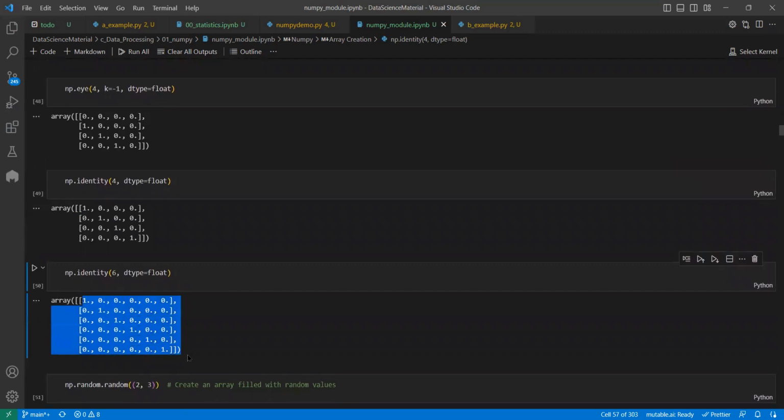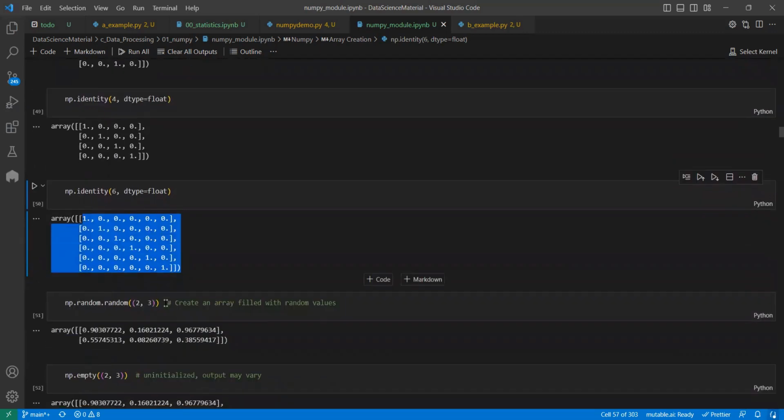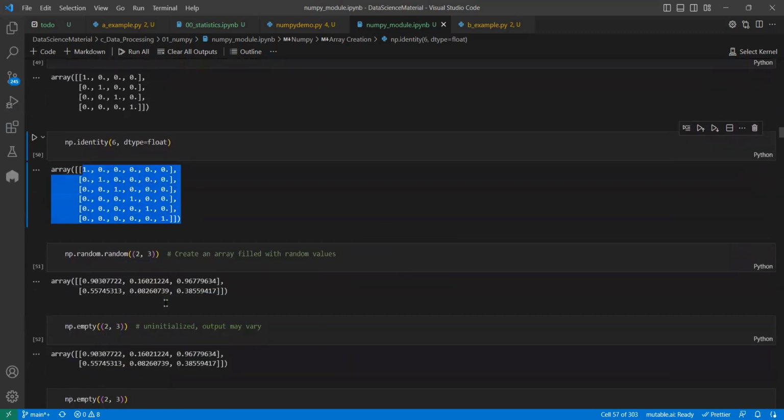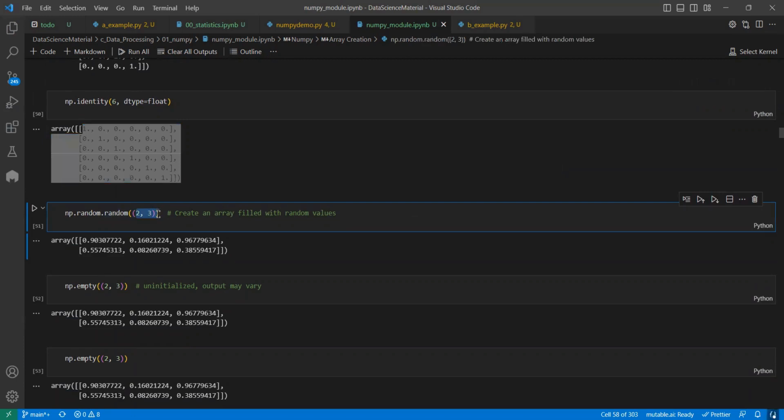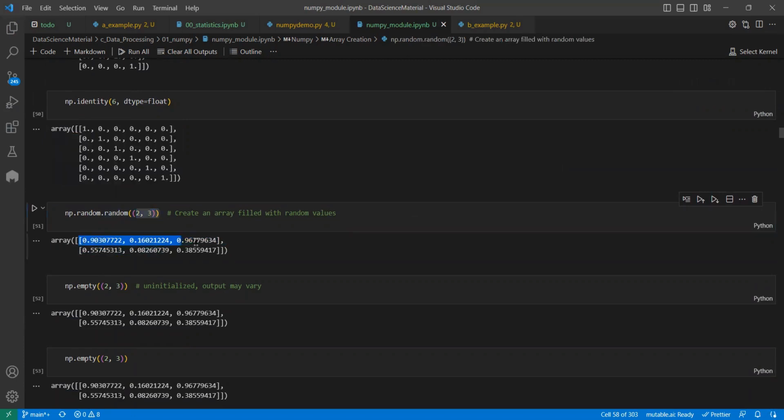Any dimension you mention. 6 means a 6 by 6 matrix, 7 means a 7 by 7 matrix, like that. Similarly, if you go for random, you have random dot random of 2 by 3. It means I want 2 rows, and within that, 3 elements should be there. So random by default uses the same Python random in the backend, so you get floating point values between 0 and 1,